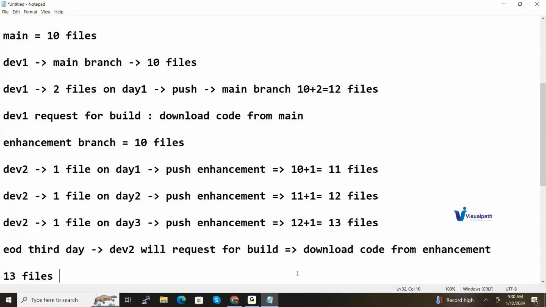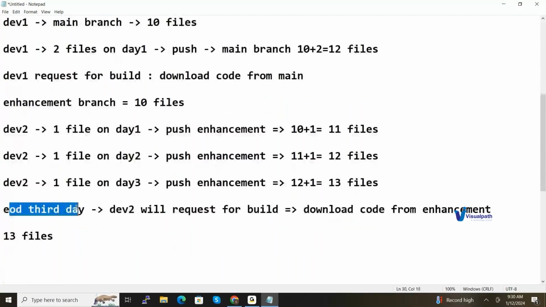So your main branch contains 12 files. Your enhancement branch contains 13 files. Out of these 12 and these 13, 10 files are common. After the end of the third day, once the work is done on the branch, if you feel that everything looks perfect, when you get that confirmation, you create a WAR file and do the deployment. Our testing team is going to test whether the files are as per the requirement or not. If everything goes fine, at the end, developer 2